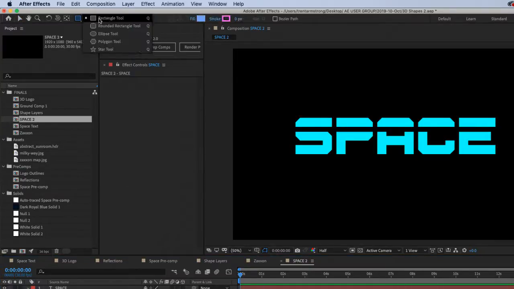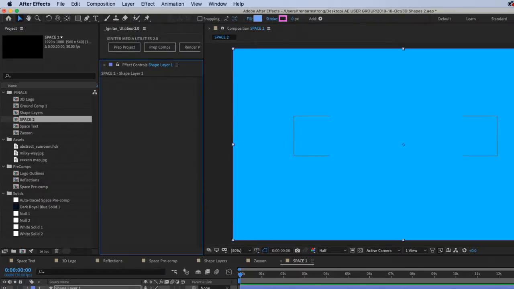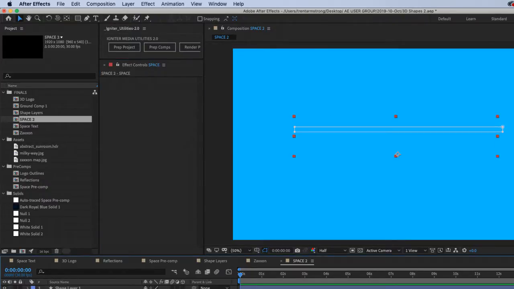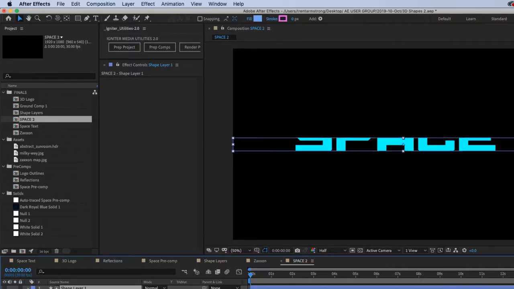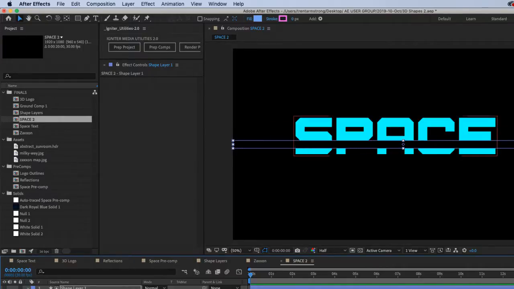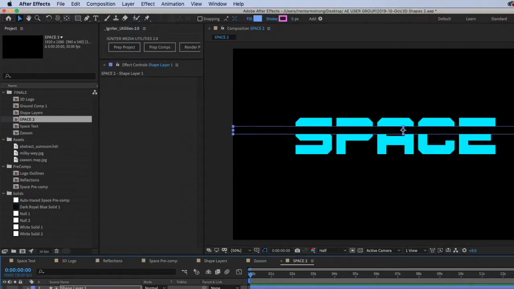I can create a rectangle, and I'll disable my mask here and use a track map. Alpha inverted. Okay, so there we go.